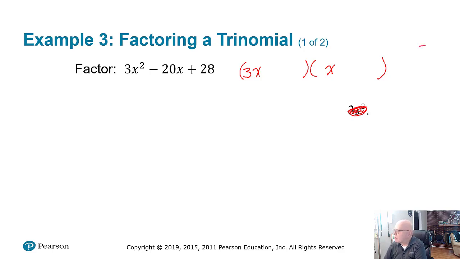Now, take that 28. How can you factor 28? 1 and 28 is a possibility. 2 and 14. 3 doesn't work. 4 and 7 works, and that's it. Now, it's time to experiment. Now, this takes some trial and error, so you can try putting a 1 there and a 28 there and